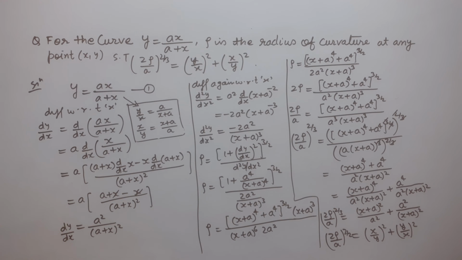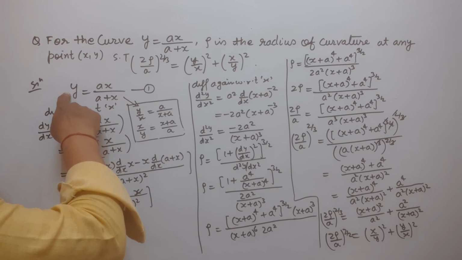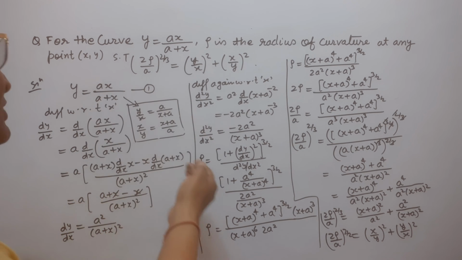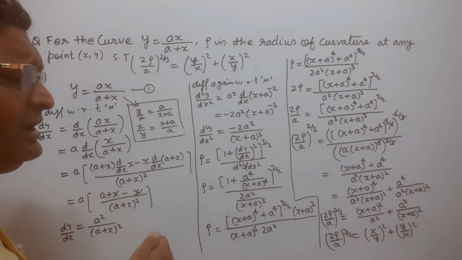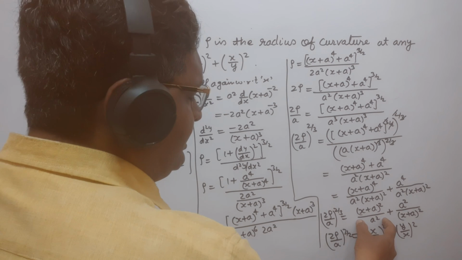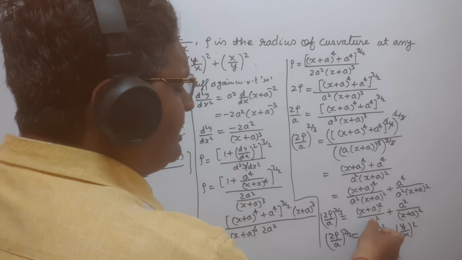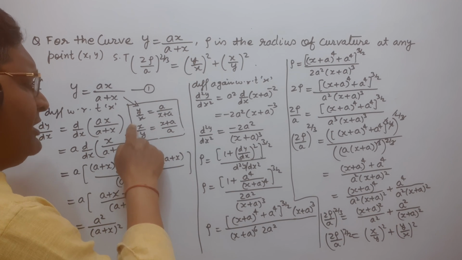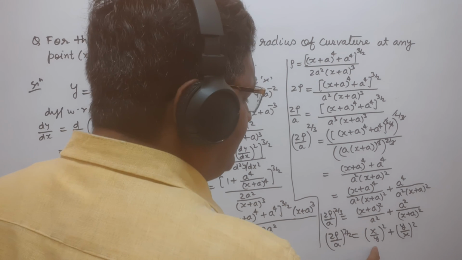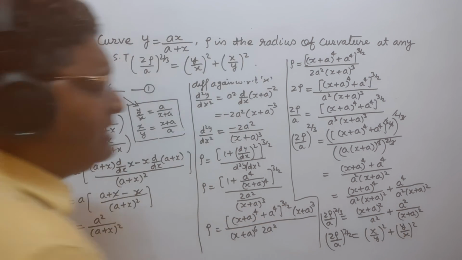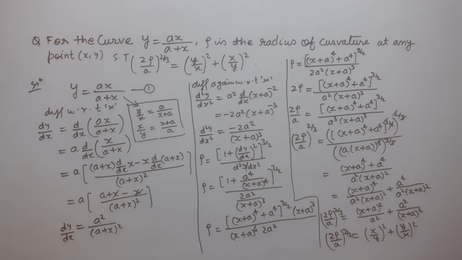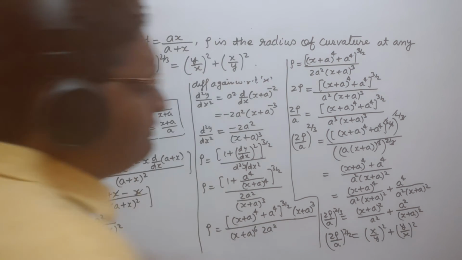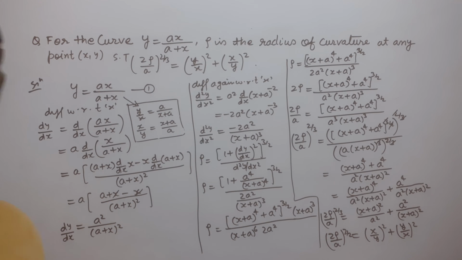सो आप देख सकते हैं जो गिवन कर्व है इससे y अपॉन x की वैल्यू फाइंड आउट करेंगे तो a अपॉन a x प्लस a होगा, इसका रेसिप्रोकल करके x अपॉन y इक्वल टू x प्लस a अपॉन a लिख सकते हैं। और जो ये इक्वेशन है इसमें x प्लस a का होल स्क्वायर अपॉन a स्क्वायर है, इसको x प्लस a अपॉन a का होल स्क्वायर लिखेंगे और x प्लस a अपॉन a की प्लेस पे x अपॉन y लिखेंगे तो x अपॉन y का होल स्क्वायर हो जाएगा। इसी तरीके से a स्क्वायर अपॉन x प्लस a का होल स्क्वायर है तो इसको a अपॉन x प्लस a का होल स्क्वायर लिखेंगे और a अपॉन x प्लस a की प्लेस पे y अपॉन x लिखेंगे तो y अपॉन x का होल स्क्वायर है। So this is the proving. Thank you.